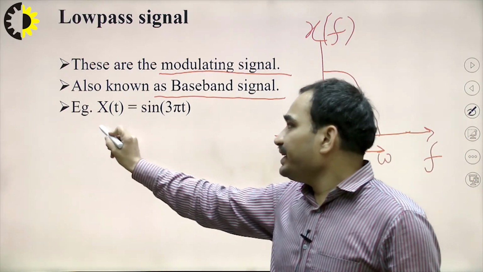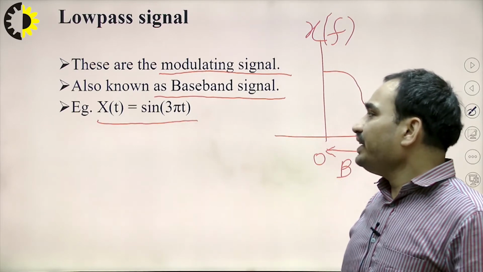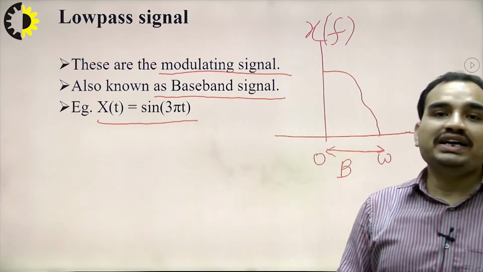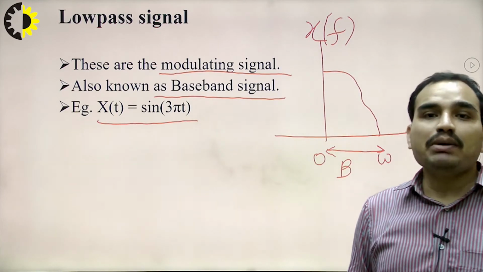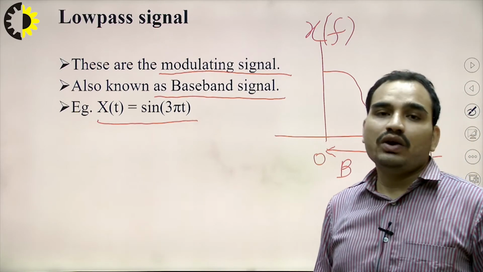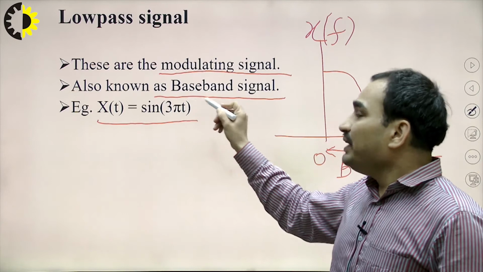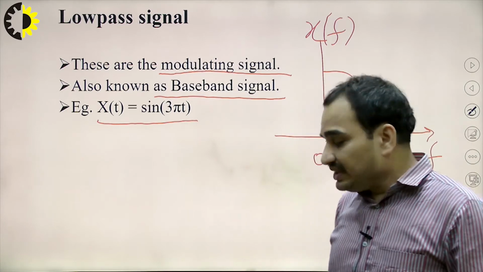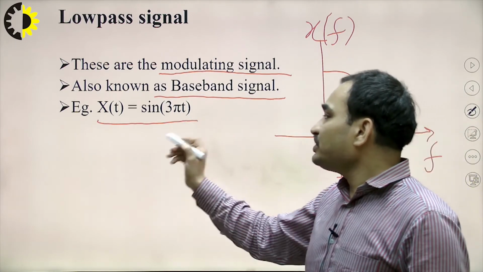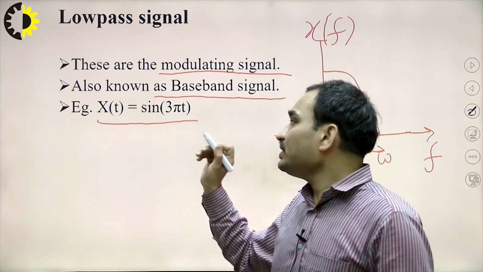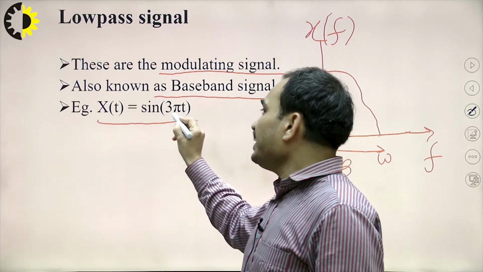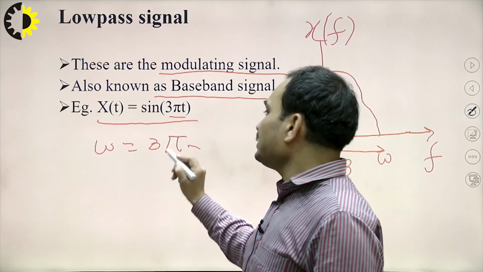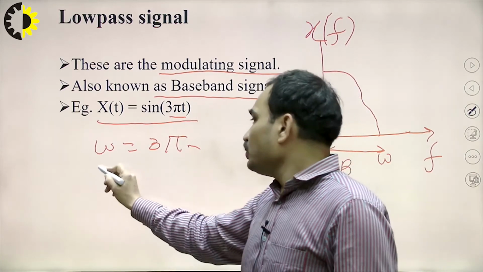The example we can take is x(t), which is defined by sin(3 pi t). If we apply the sampling theorem and want to find the sampling rate for this low pass signal, which is the baseband signal or the modulating signal, what will be the sampling frequency? Before finding the sampling frequency, we have to find the frequency. The signal is sin(omega t), so omega is equal to 3 pi. We know that omega is equal to 2 pi f,